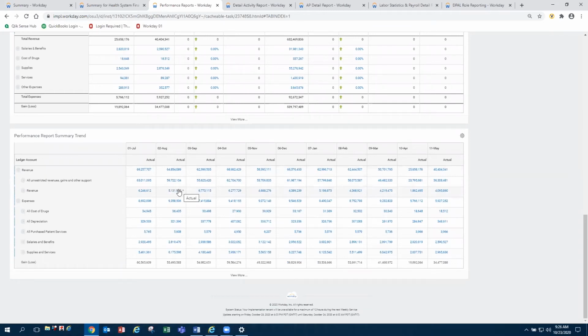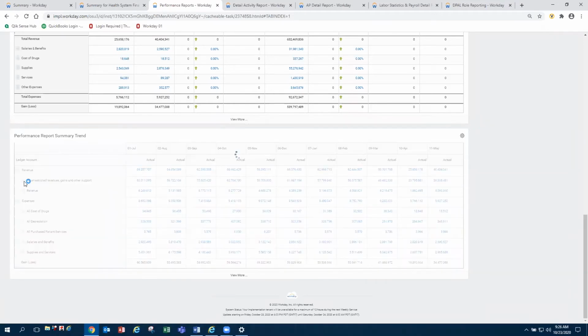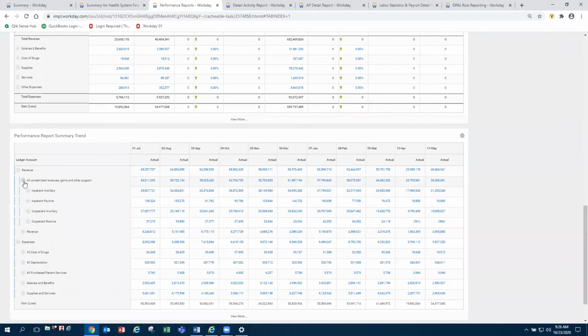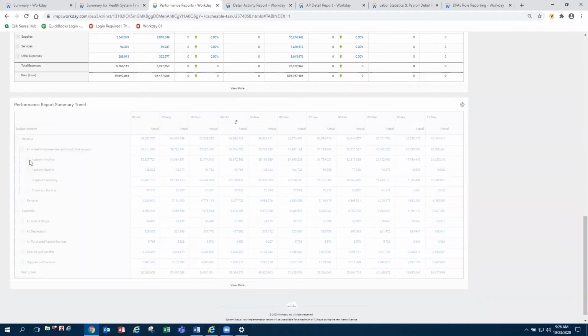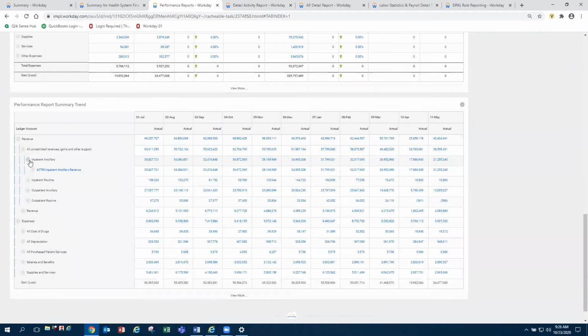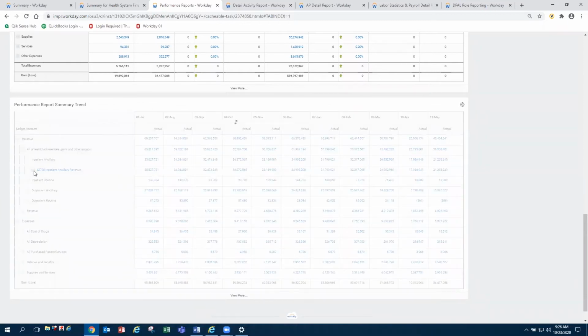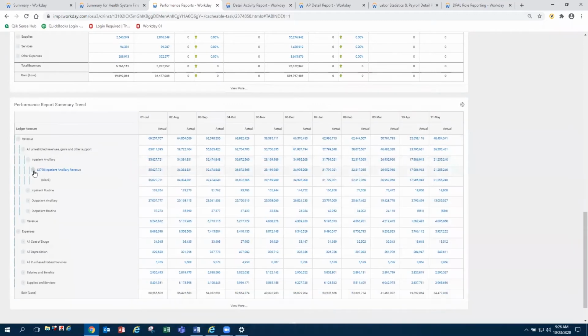This report will be very beneficial when trying to see any outliers in your yearly activity. While it is summarized to begin with, by clicking on these icons, you can expand to a more granular view. Again, since all these values are highlighted, they will have the same drill down capabilities that we previously discussed.